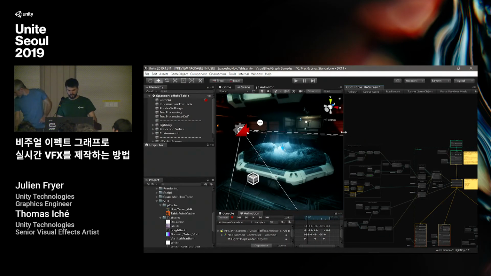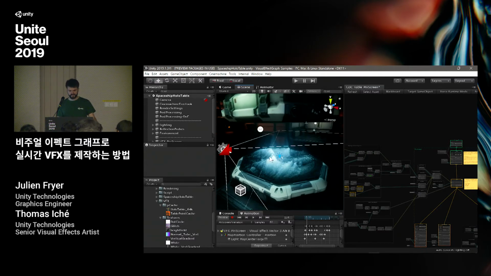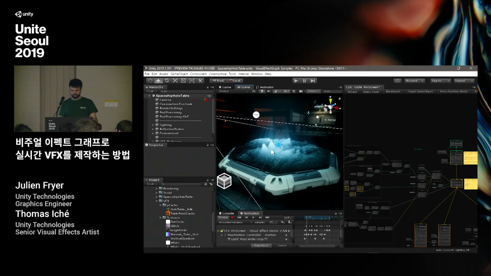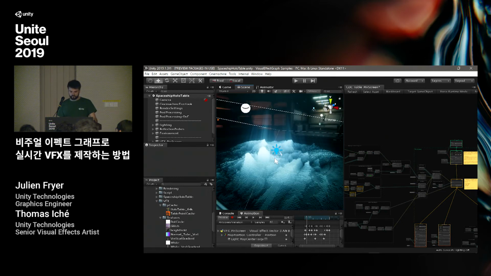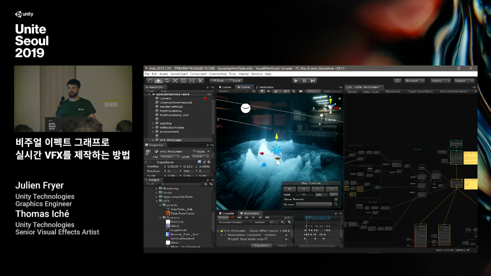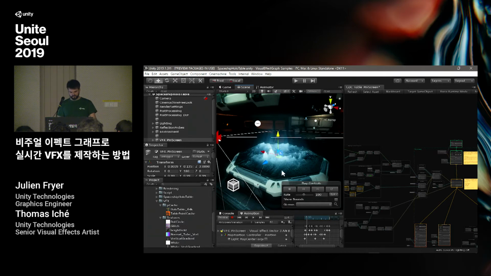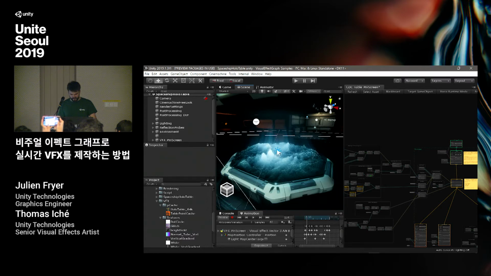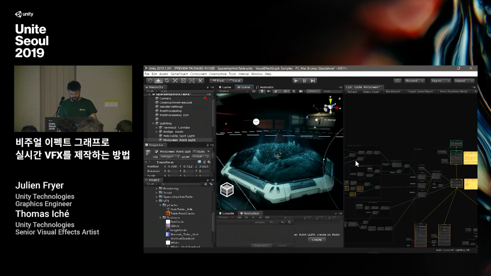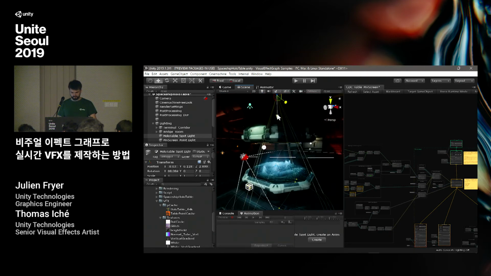Let's open the editor and see how one of these most famous effects is made. So here we are in the spaceship on the holographic table, and this is the pin screen. To make this effect, we use the visual effect graph in a really custom way. Here is a quick breakdown of the scene. We have the effect at the center, and it's lit using one point light here, and also one spotlight at the top.